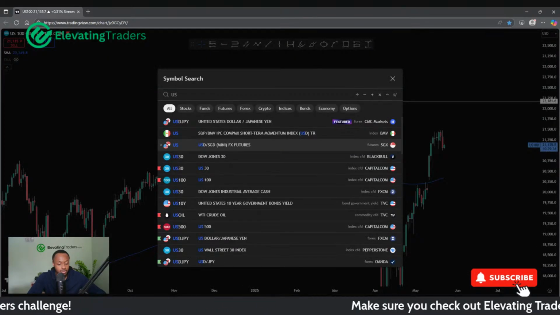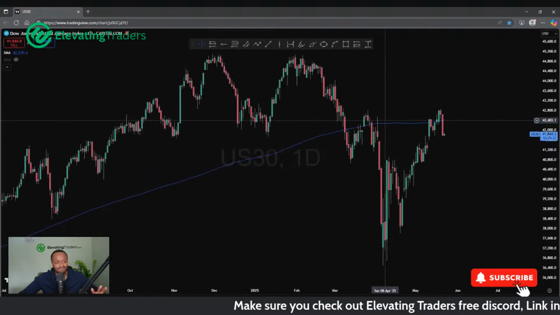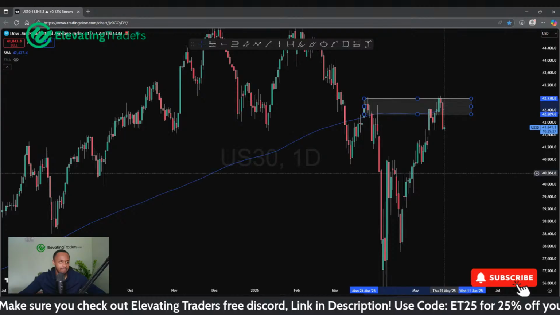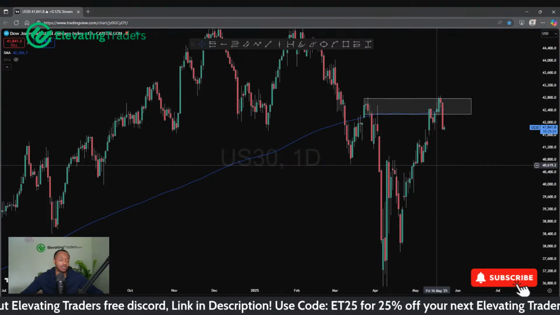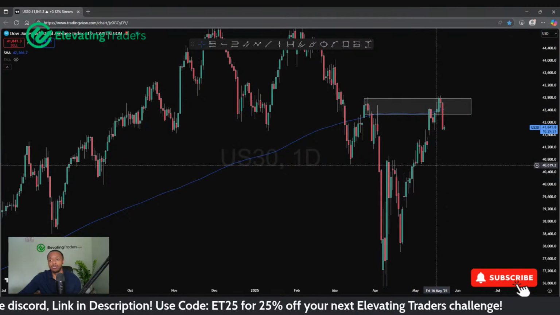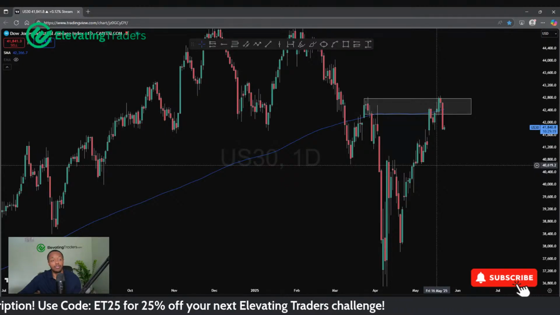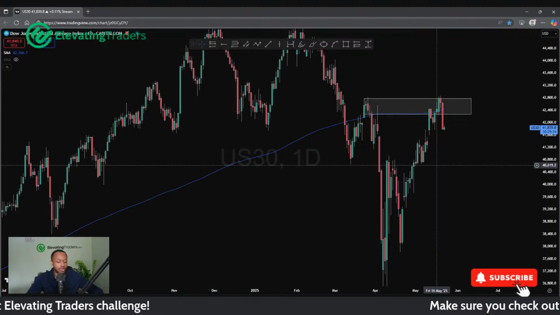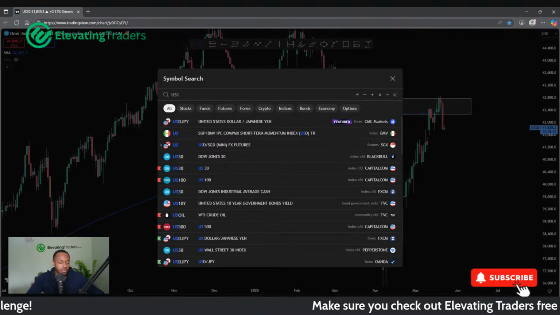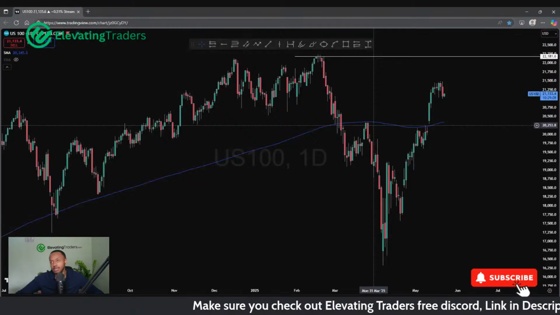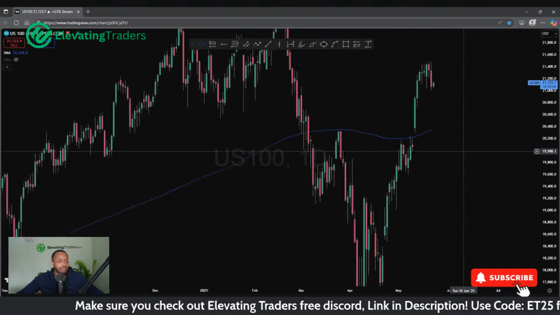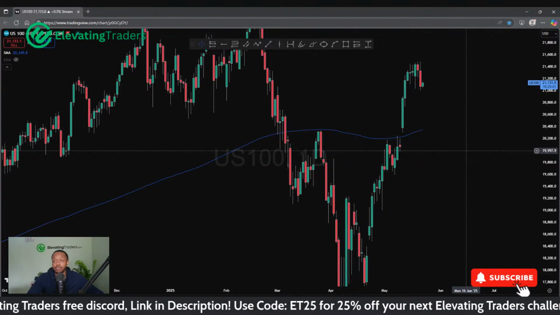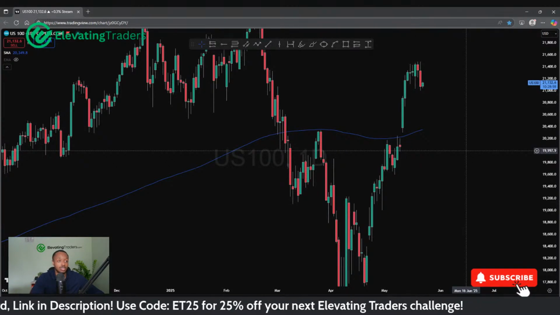And US 30 as well. Very bullish there. This one is still struggling at resistance. Still failing to break the highs here. Still failing to break the 200 moving average. So things are not looking that rosy for US 30, but because NAS is looking very bullish and the S&P is looking very bullish, I'm expecting both of them to continue back to their respective all-time highs. I just expect US 30 to join the party, really. Very rarely are you going to see US 30 in a bearish trend and S&P and NAS bullish. So I do expect it just to continue.